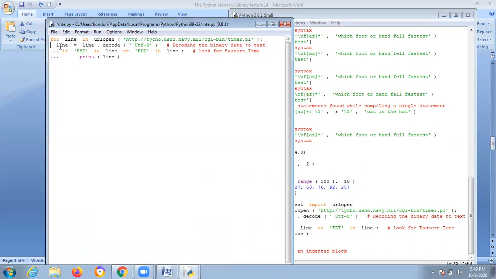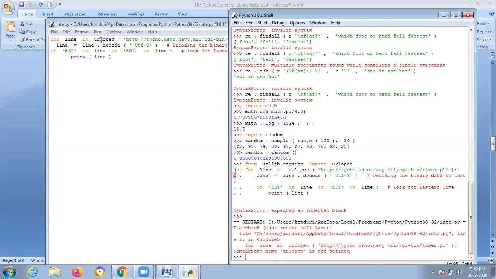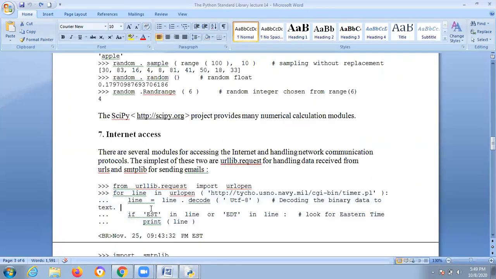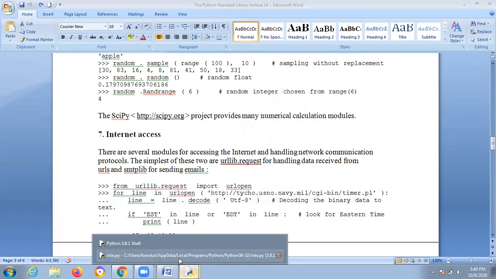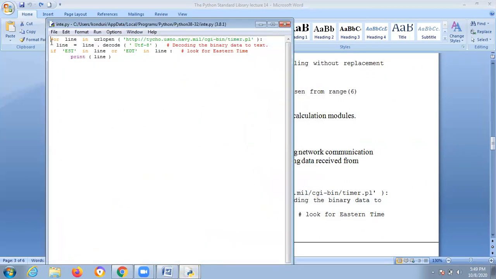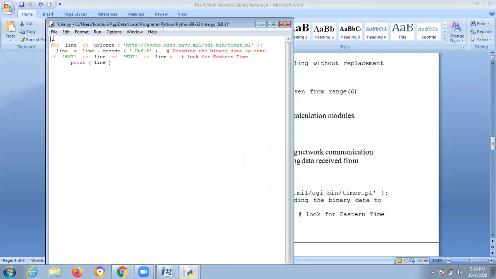Remove these three dots. Why so confusion? urlopen is not defined. So for this reason, you have to include this one also, because you need to open the URL.